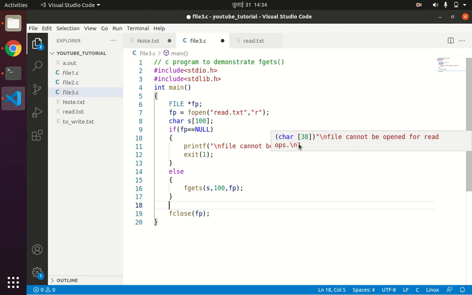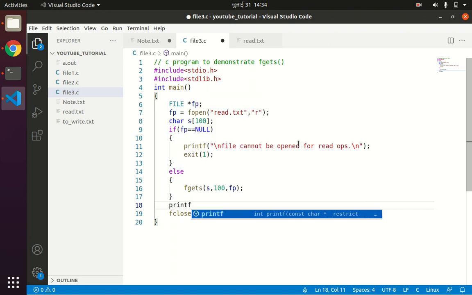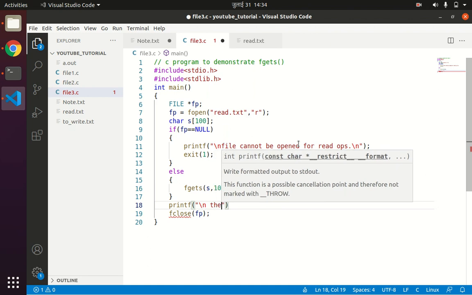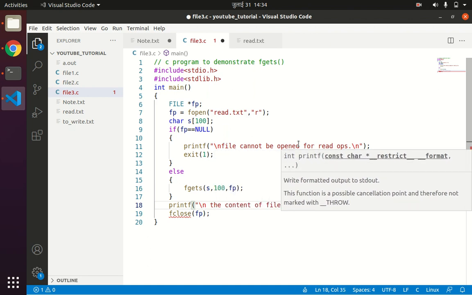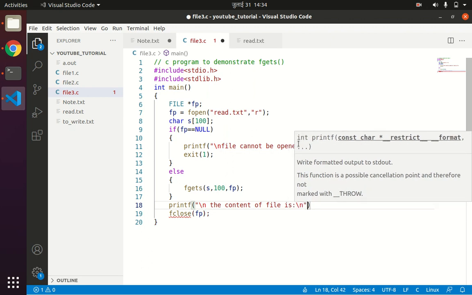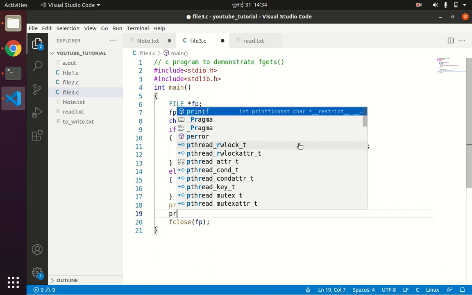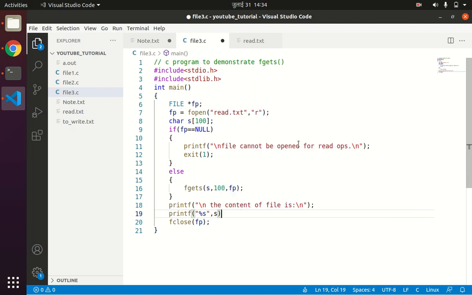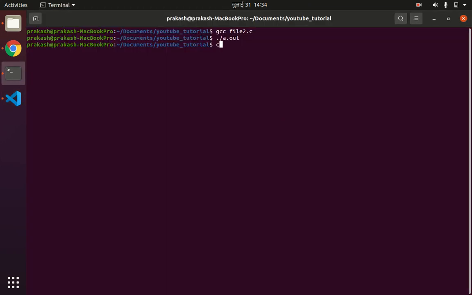So you can print out the string that you have read from the file: printf "the content of file is", and printf s. We're writing s here. And ./a.out.